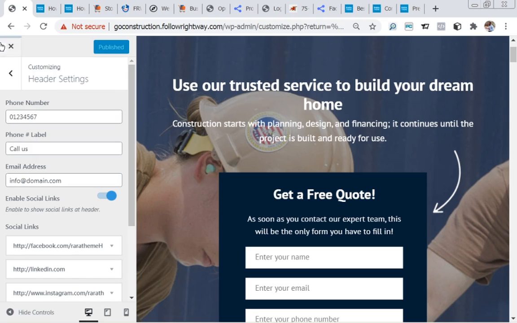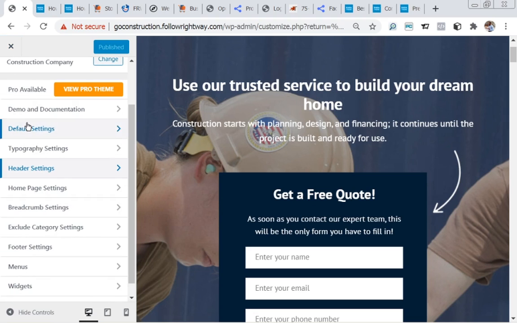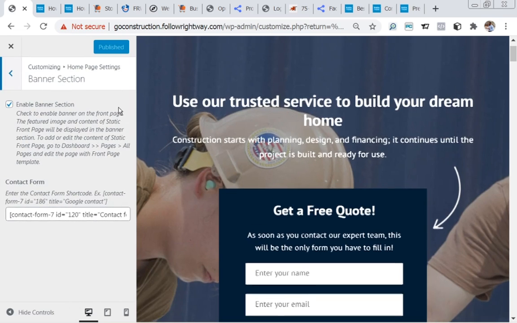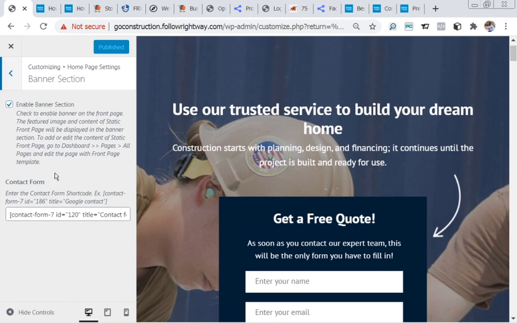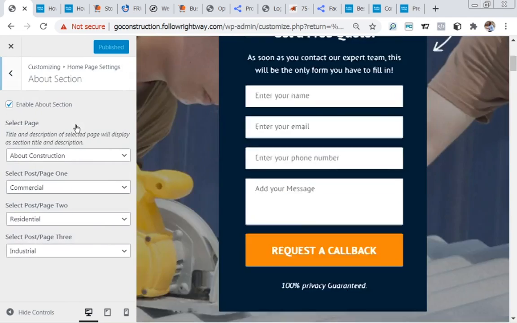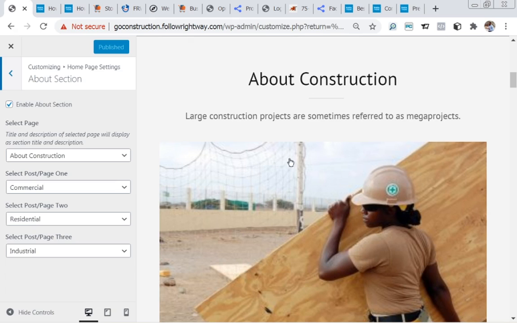let's go back to get some other changes done. So let's click on home page settings. So here you can change many stuff here. Contact form, so Contact Form 7 is the one they are using, and about section, this is the about section here. So about construction,